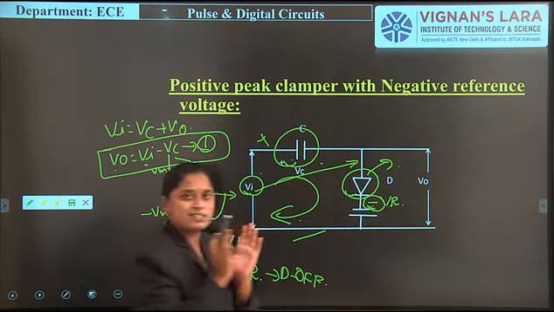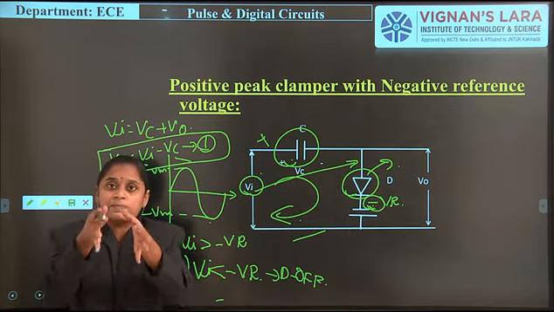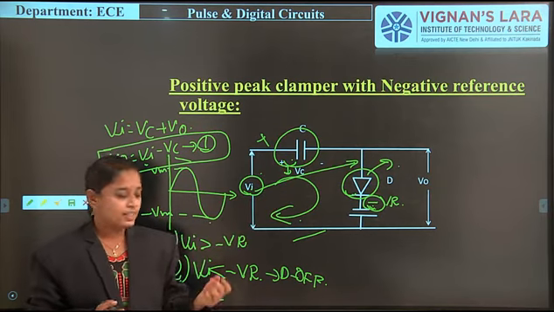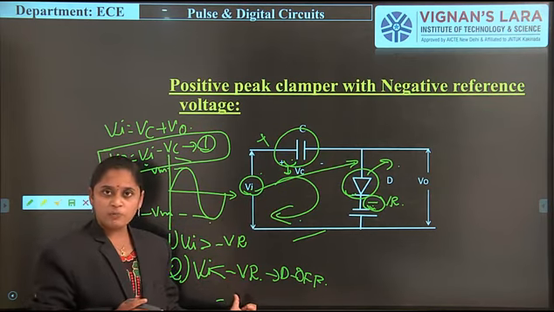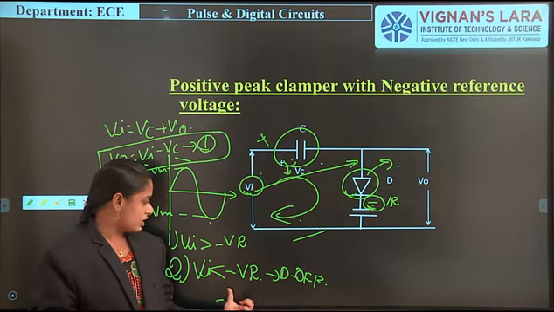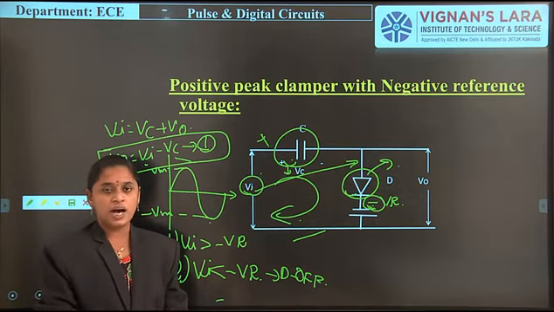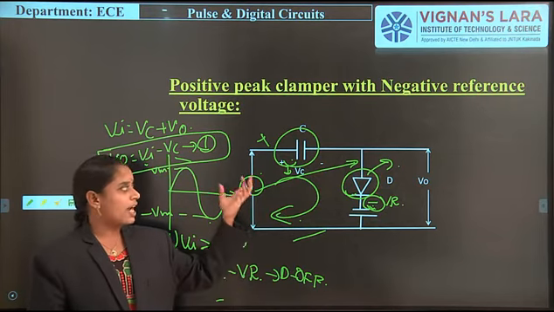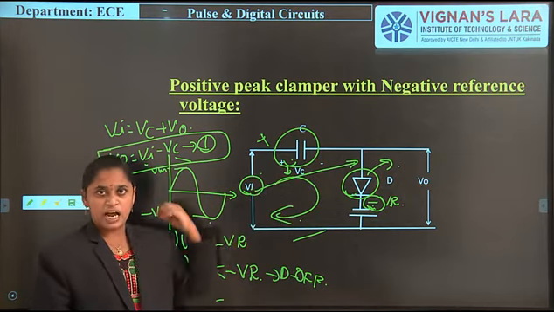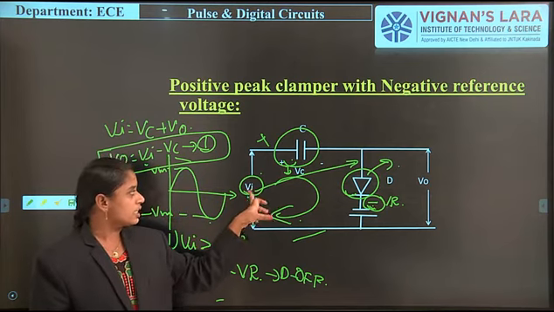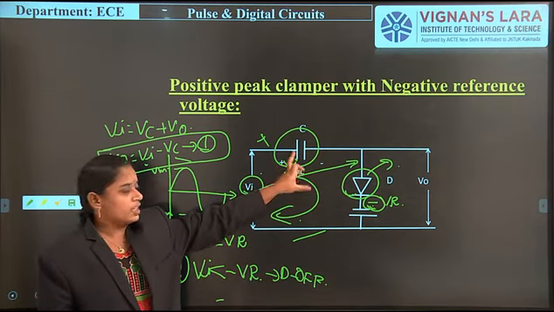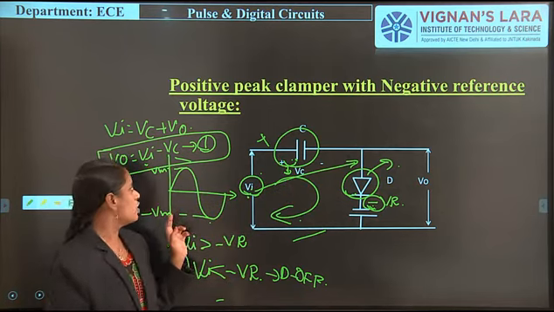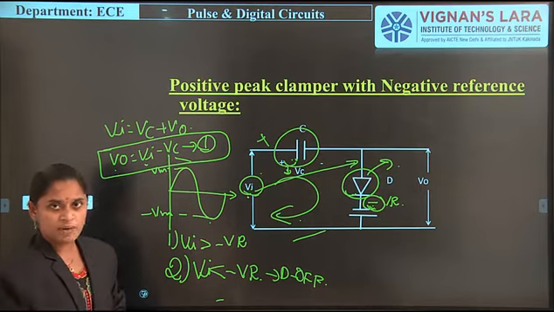So that's why the capacitor charges up to its maximum value. So it charges up to the Vc value only. When the diode is in the off condition, that is Vi less than minus V gamma or Vr, the diode is off, and in this time we have to know the steady state value. What is the steady state value? The input signal reaches the output side through the capacitor, that is Vi is equal to Vc plus V0, and from this we know V0 is equal to Vi minus Vc.